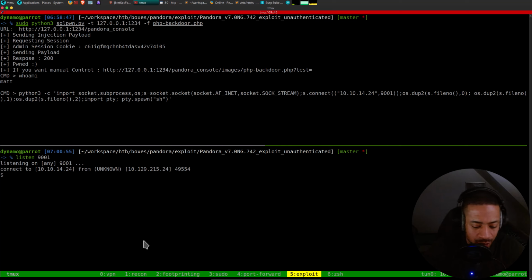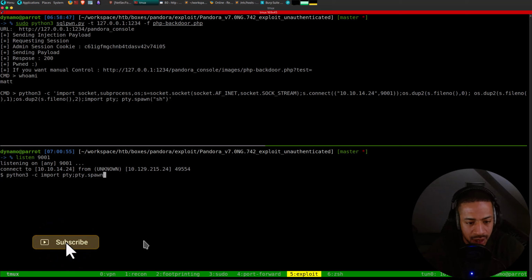And then what I can do here is do python3 -c 'import pty; pty.spawn("/bin/bash")'. Is it like that? If that was correct, I will scream. No, it wasn't, of course.